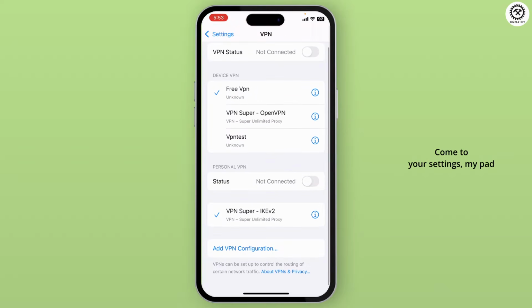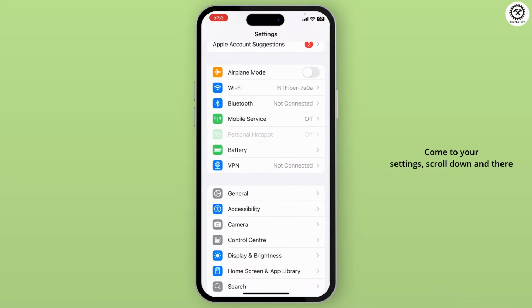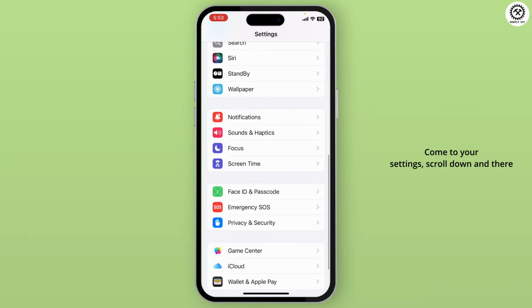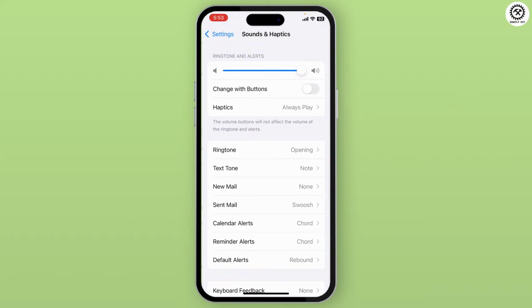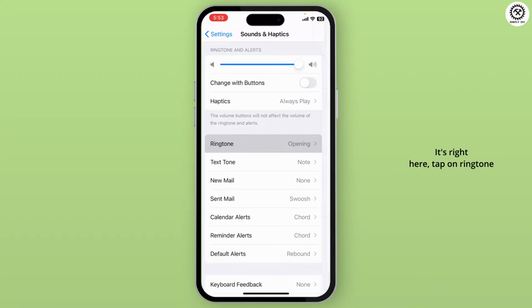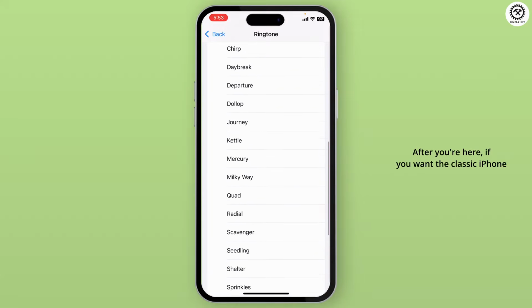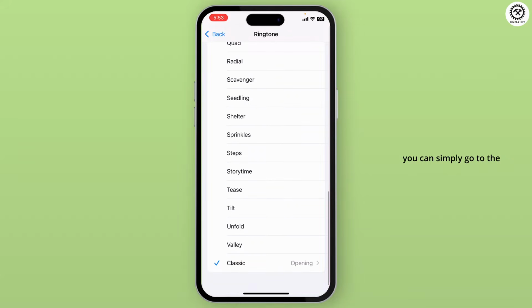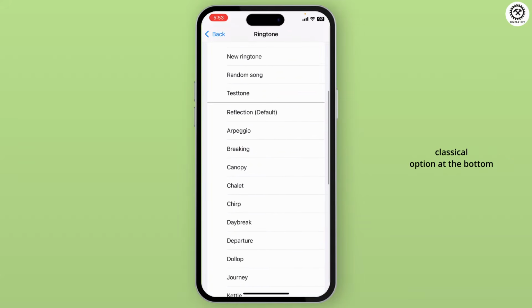Come to your settings, scroll down, and there you'll find sounds and haptics. Tap on sounds and haptics, and inside sounds and haptics, you'll find the ringtone option. It's right here. Tap on ringtone. After you're here, if you want the classic iPhone, you can simply go to the classical option at the bottom,